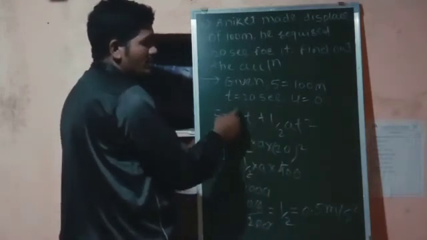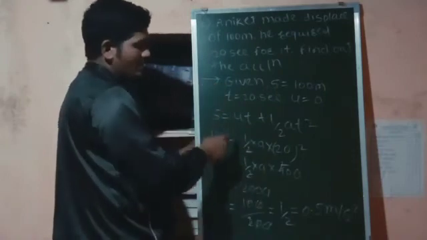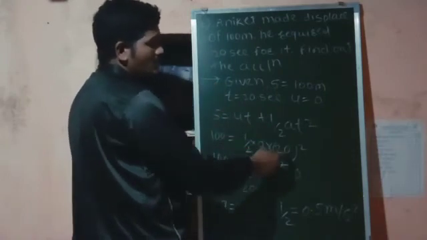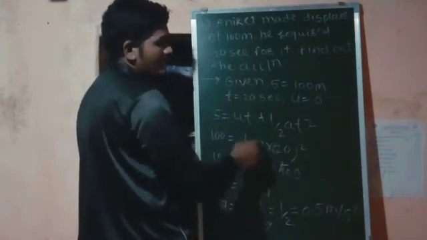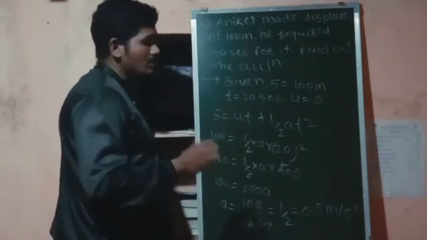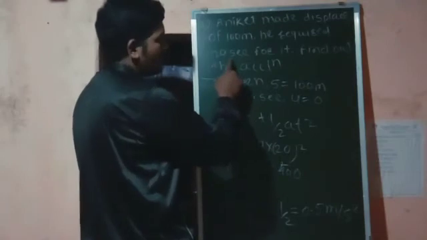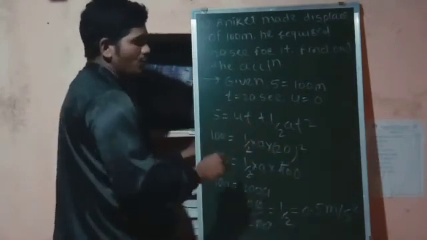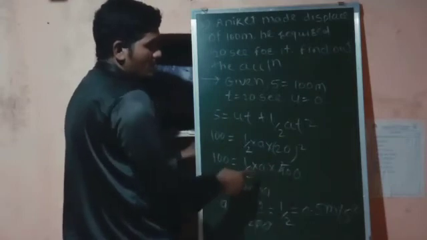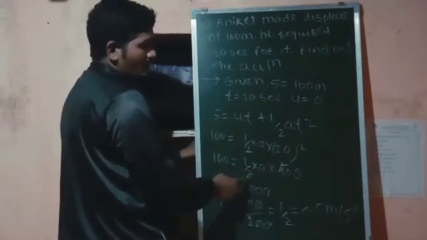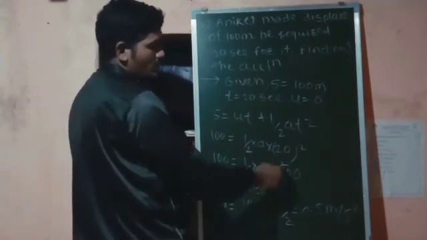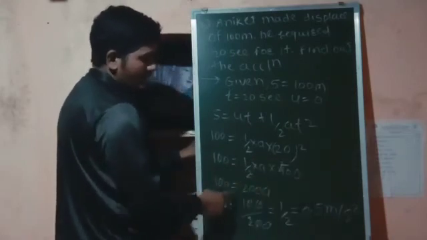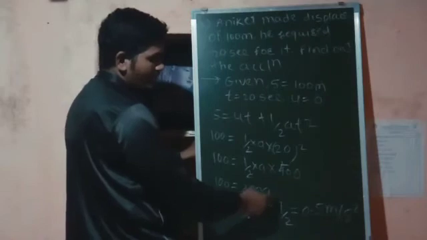Instead of S, I have written 100 meter is equal to; u is 0, the initial velocity is 0, so 0 into t will be 0. So I have not written it here. I have written directly this term, half at square. A is as it is, acceleration we have to find out. Then t is 20 seconds, it's squared. The square of 20 is 400, so I have written 400. So 400 divided by 2, 2 to the 4, 200 will be there. So 100 is equal to 200a.